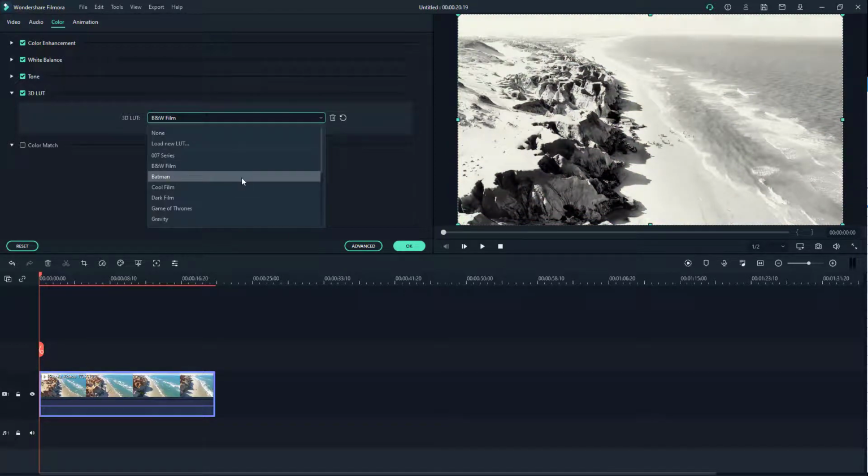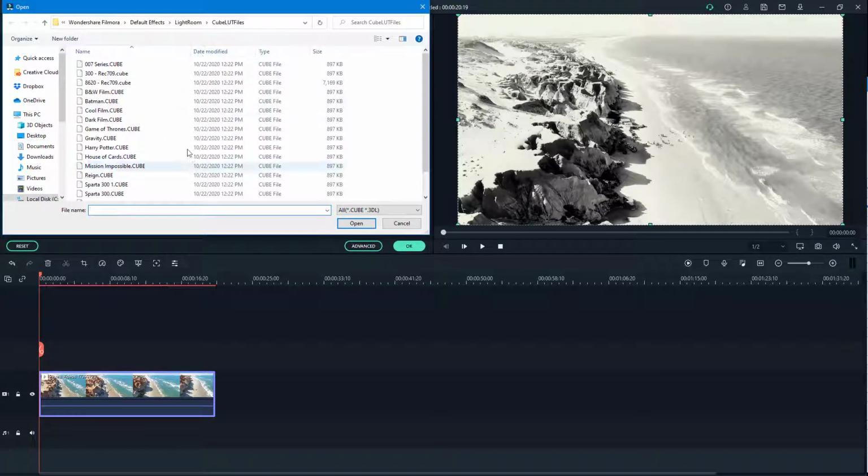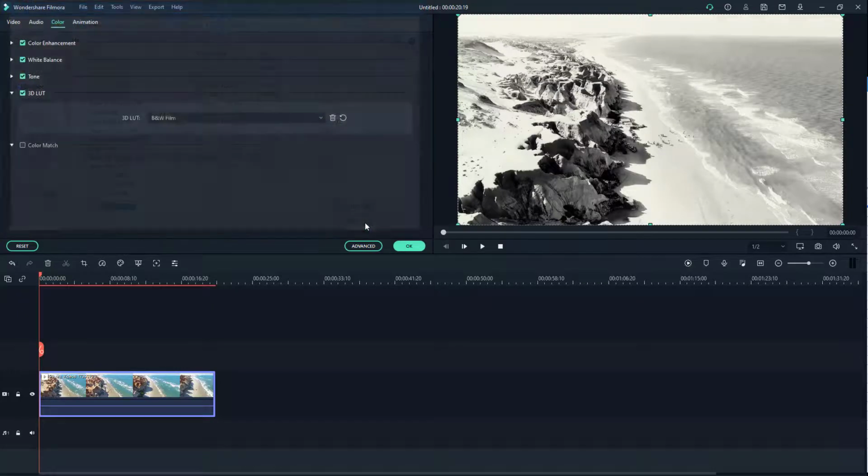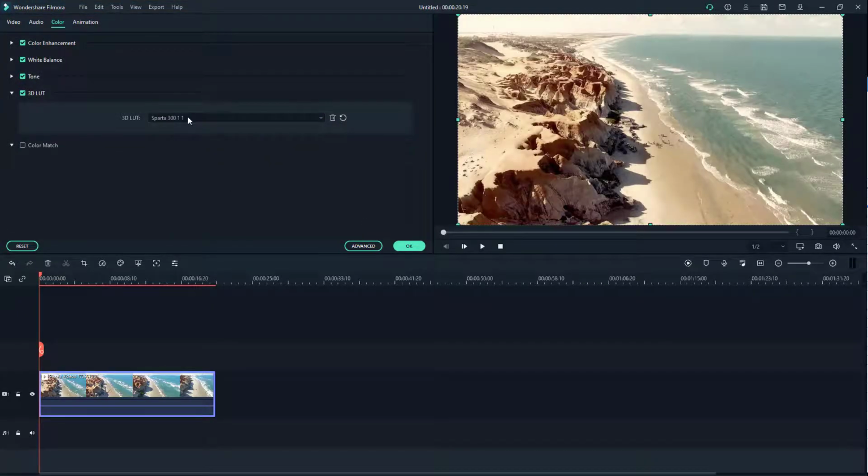If you want to bring in more 3D LUT, then you can click on load new LUT, and then you can go around and choose the preset that you want and press open right there. And that is how you can load out external 3D LUTs as well. And that is how you can work around with tone and 3D LUT option to change around the color of video in Filmora. So hope you guys learned